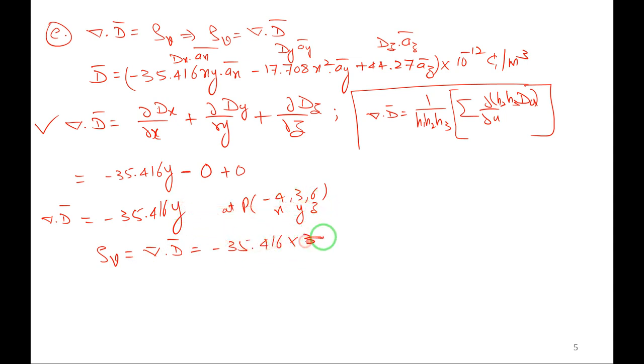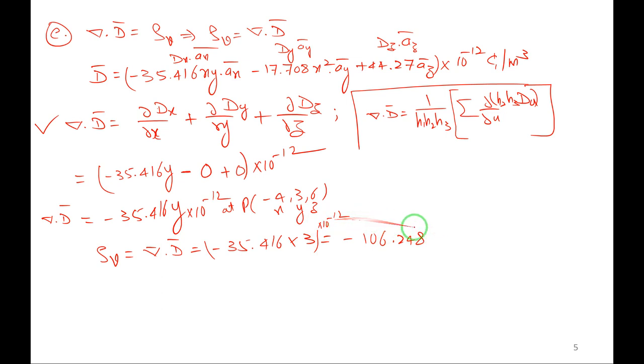Y is 3, so just multiply, so I will be getting 35.416 into 3, so minus 106.248. Yes, we should not leave it, I told you. So this one into 10 power minus 12,